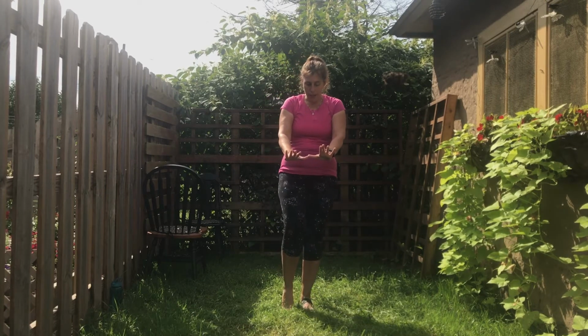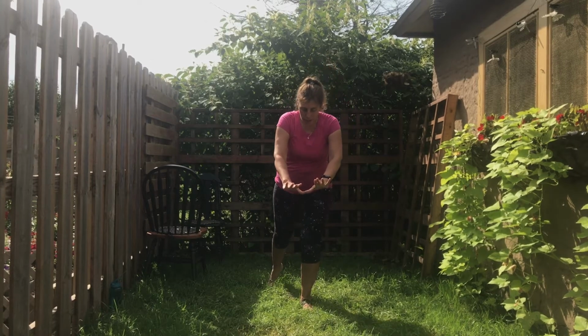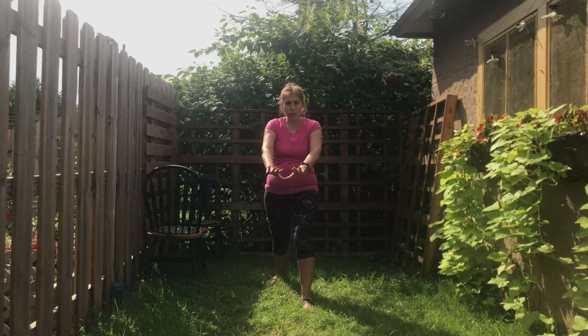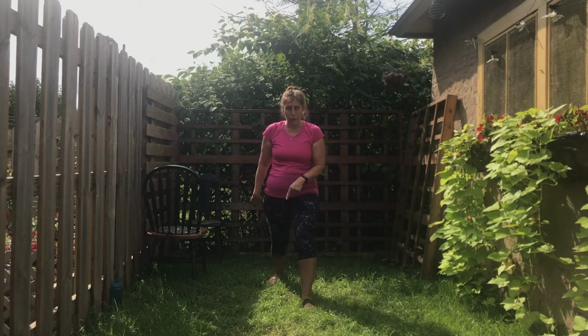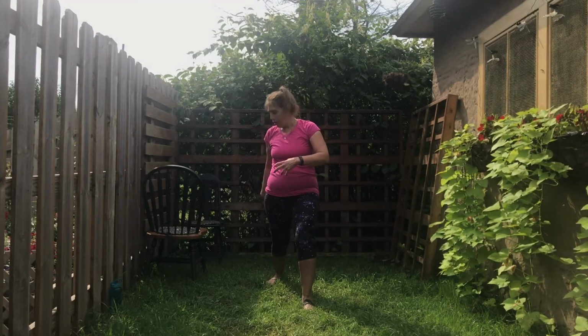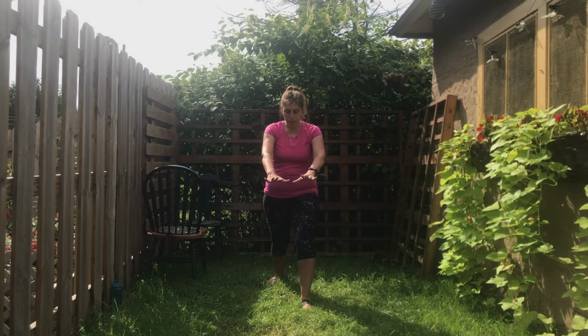Okay, other side. Pull your weight into your right foot. Take a nice, good step back with your left foot. You want to roll that heel down as close to the ground as you can comfortably get it to come. So we want to feel this nice long stretch in our calf and our Achilles tendon. Okay, and you can just hold onto the chair